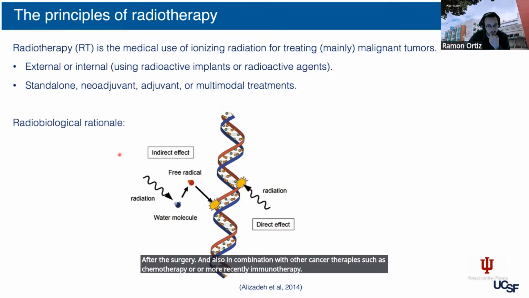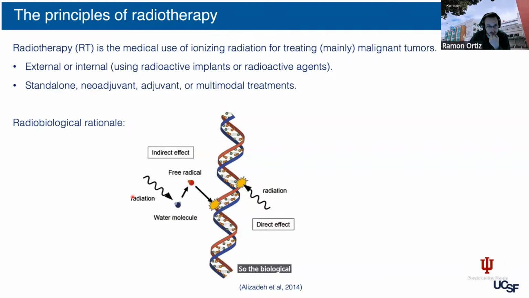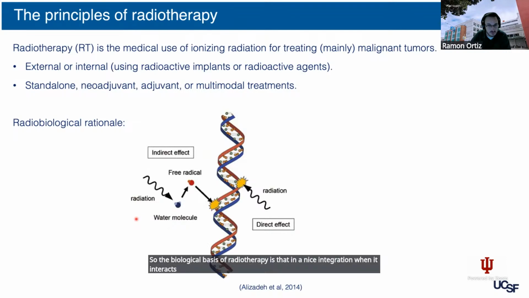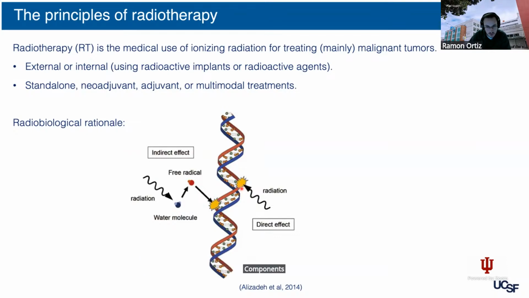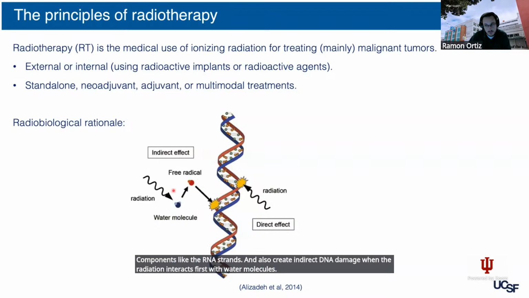So the biological basis of radiotherapy is that ionizing radiation, when it interacts with matter, undergoes different physical processes like ionizations or excitations. And these interactions can directly damage the DNA if they occur within the DNA components, like the DNA strands, and also create indirect DNA damage when the radiation interacts first with water molecules and then creates reactive free radicals